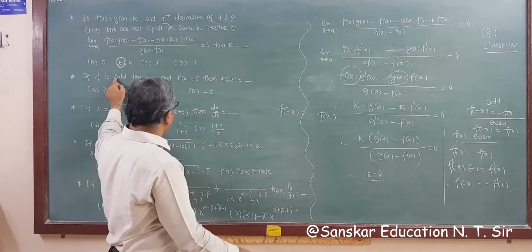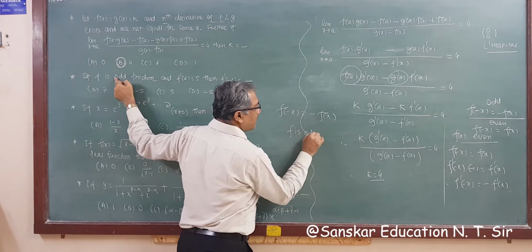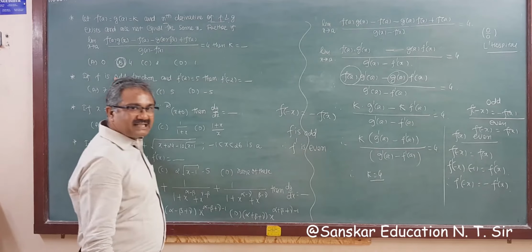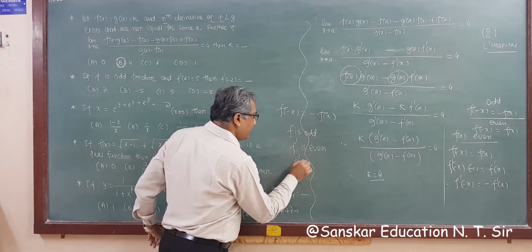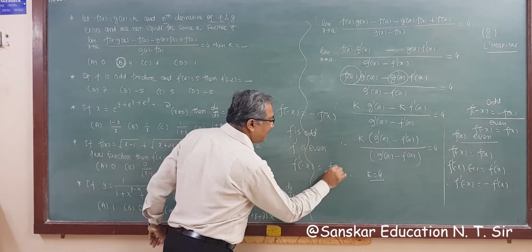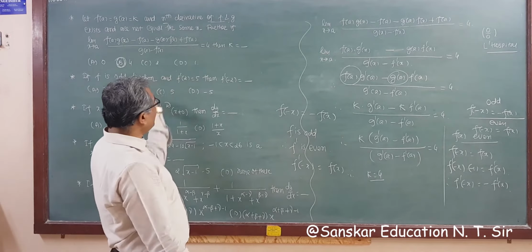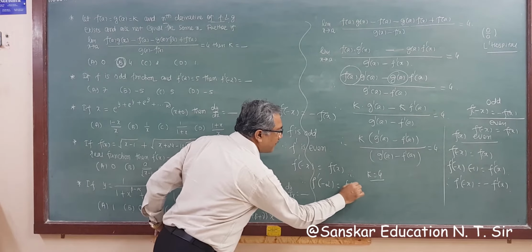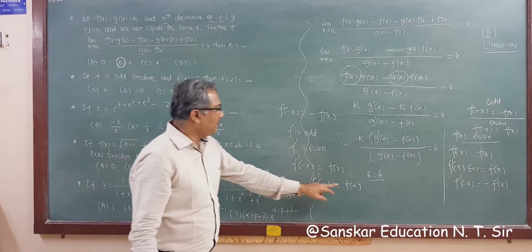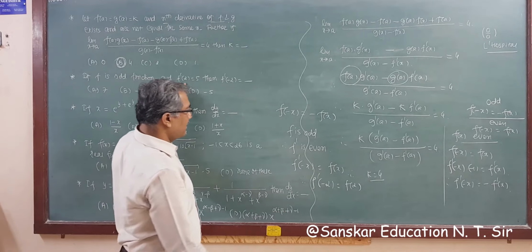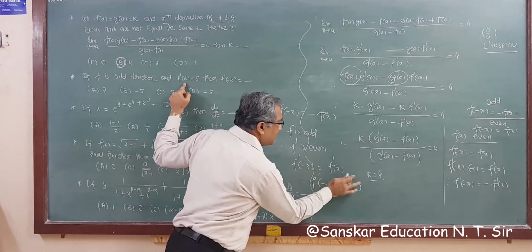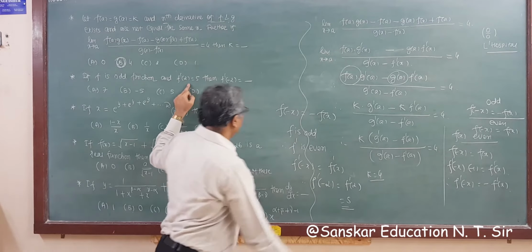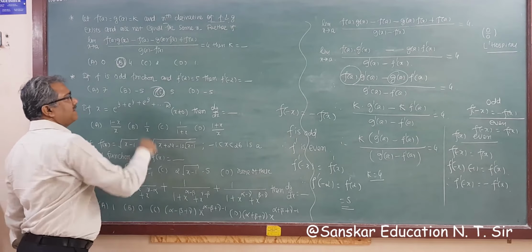Now f is odd here, therefore f' is even. That is, f'(-x) is equal to f'(x). Now what do we require? -2. So f'(-2) is equal to f'(2), putting x is equal to 2 here. Now what is given? f'(2) is 5. So the answer is 5. So 5 is your proper answer, that is option C, right?